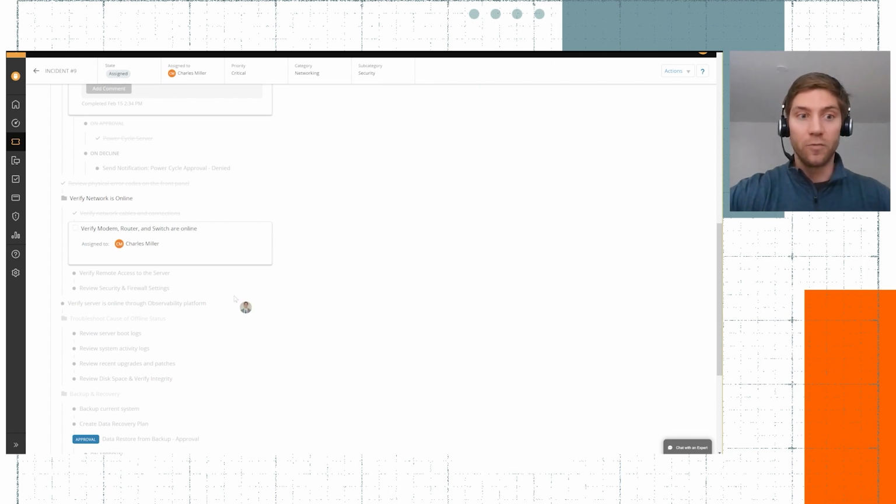So if I'm down in that server room, panicking, scrambling, looking for XYZ, I don't even need to bring my laptop, I can pull out my cell phone. I'm going to see these same workflow steps right in the palm of my hand, and I'm just going to check the boxes as I go along. And you can see in our case, there are a lot of steps that we need to take, but that's, again, in order to make sure that that service is, one, restored, but two, restored correctly, and then also giving us the audit trail to say, hey, David did this, Charles did this, date stamp, time stamp, so we know exactly who took what actions, and at what time.